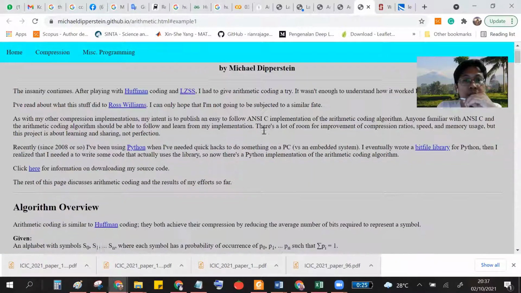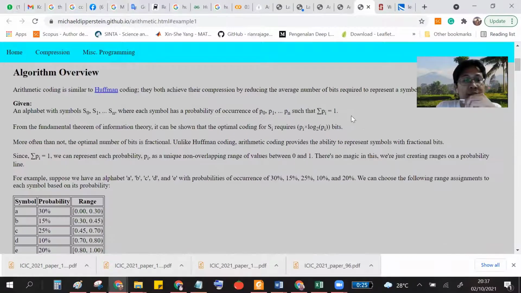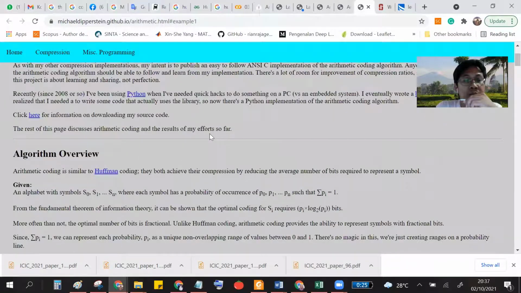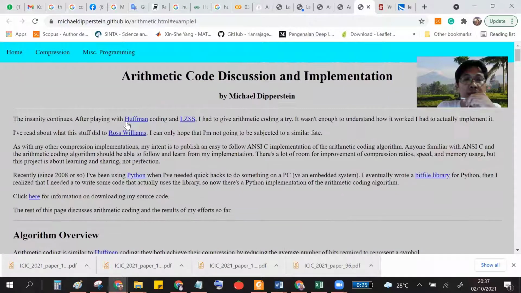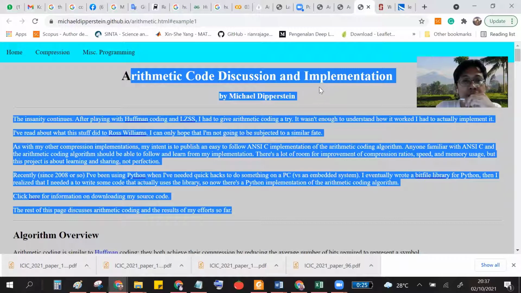There is a discussion about arithmetic code, with discussion and implementation. This is the first time for compressing text, for example, A, B, C, D, and so on. This is also text, and it can be compressed into a simple number.